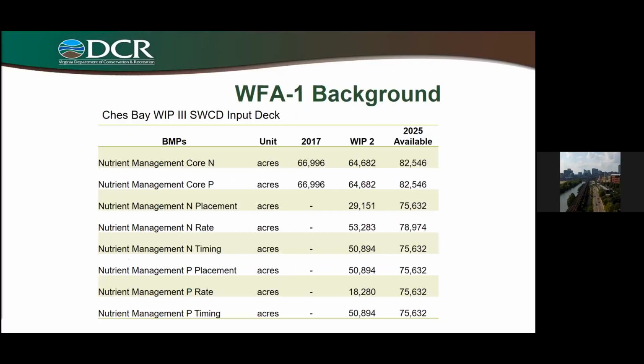And so what they were looking at is this, and this was what was concerning. Nutrient management placement, rate, and timing, as well as phosphorus, particularly for the 3 Rivers District, they had goose eggs. For most row crops, they are doing split applications, multiple split applications, variable rate nitrogen, variable rate phosphorus, and they were getting no credit. This was a little bit alarming to them as they're going through these meetings on why they were